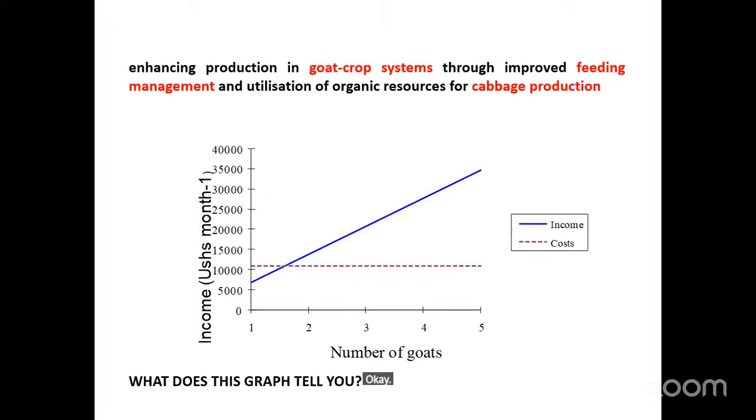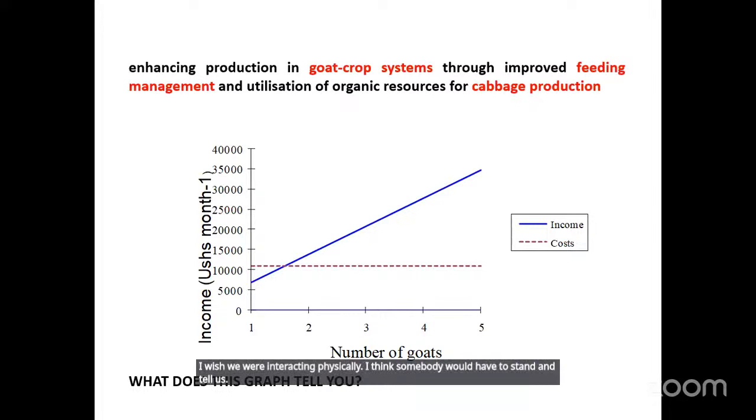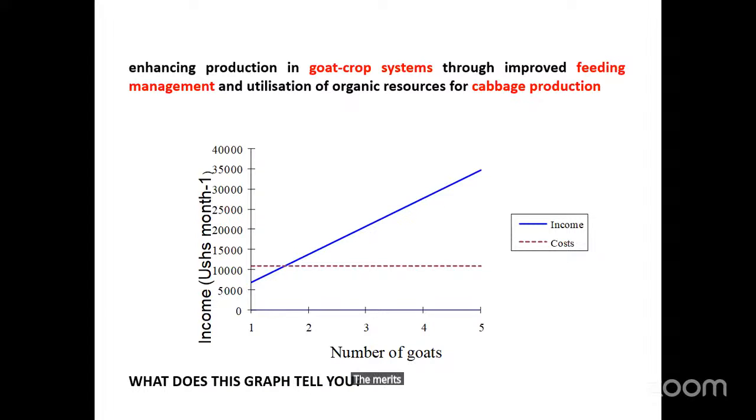An example of an illustration: enhancing production in goat crop systems through improved feeding management and utilization of organic resources for cabbage production. I wish we were interacting physically. I think somebody would have to stand and tell us the merits and the demerits of that kind of title. But I can take the advantage and tell you